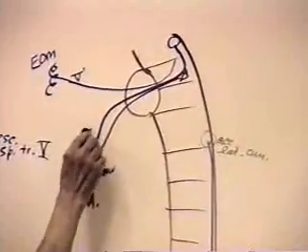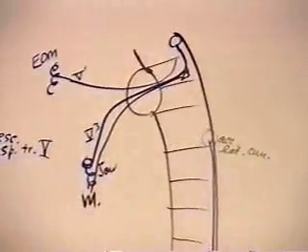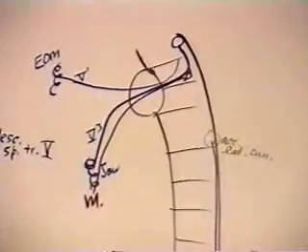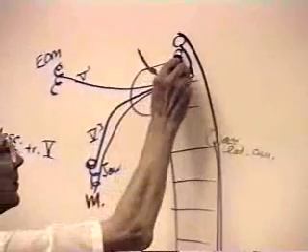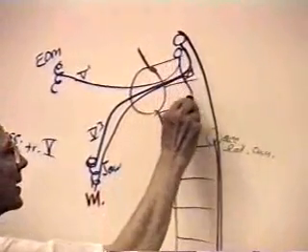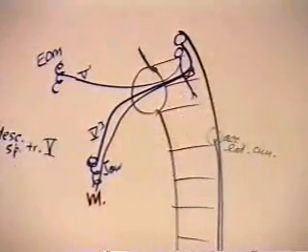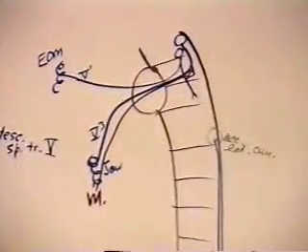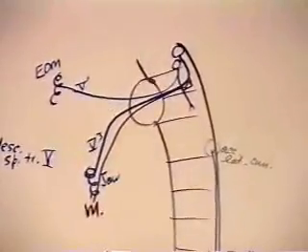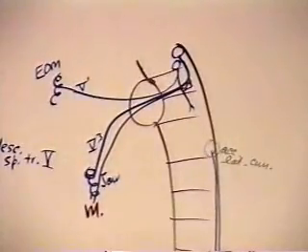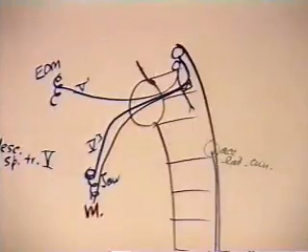These, of course, go out through the third division, and connections to various motor neurons, at least one of which is the facial,